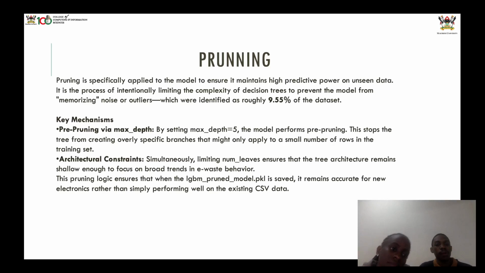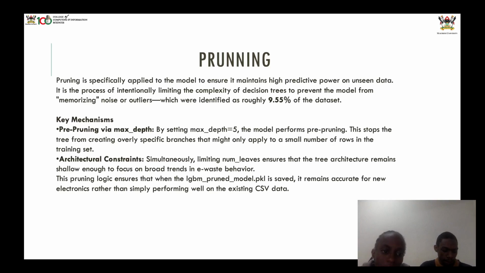The key mechanisms here are pre-pruning via max depth and architecture constraints. With pre-pruning, we set the max depth to 5. By setting this maximum depth, the model performs pre-pruning. This stops trees from creating overly specific branches that might only apply to a small number of rows in the training set. With architectural constraints, limiting num leaves ensures that the tree architecture remains shallow enough to focus on broad